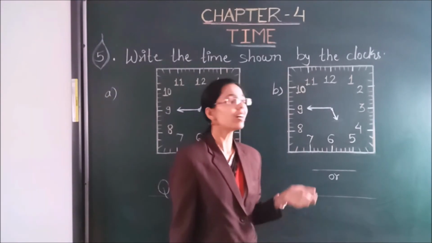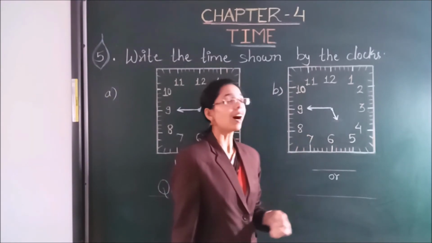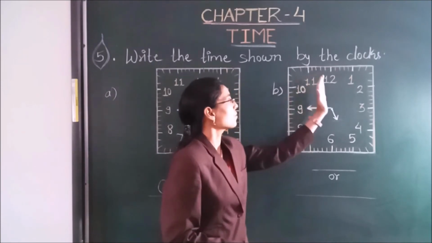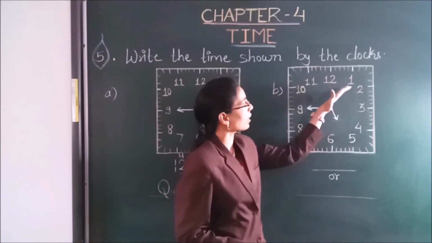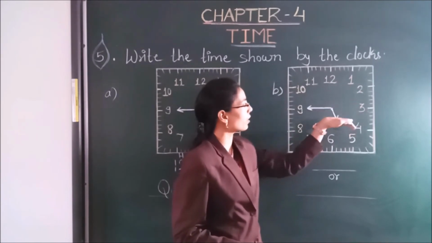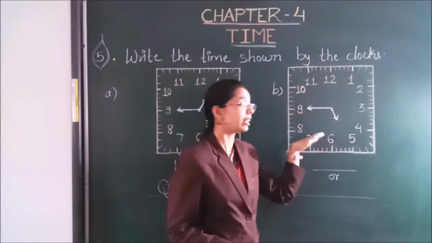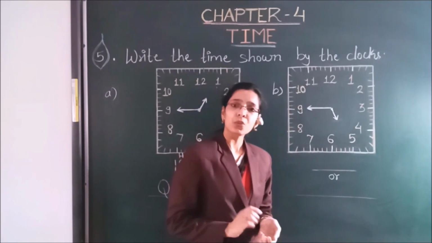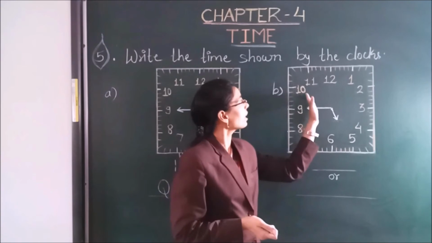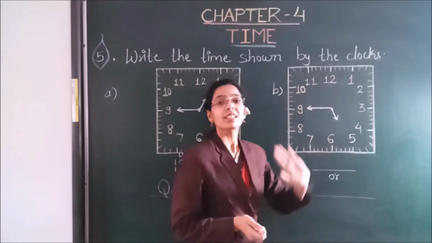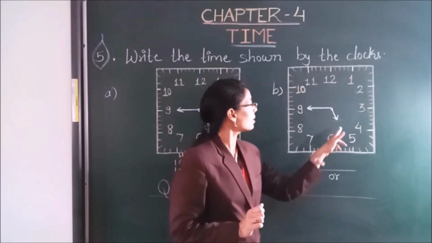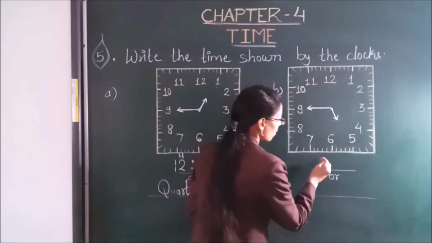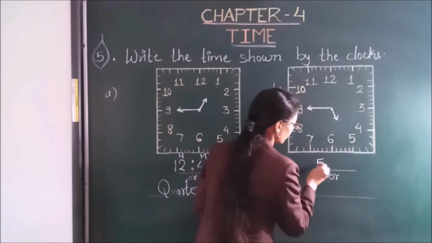Okay. Now look at here. B. This hour hand has crossed 5. Means after 5 o'clock, 5:05, 5:10, 5:15, 5:20, 5:25, 5:30, 5:35, 5:40, 5:45, yes, then 5:50, 5:55, then 6 o'clock. Yes. It means this hour hand has crossed 5. So we will write here